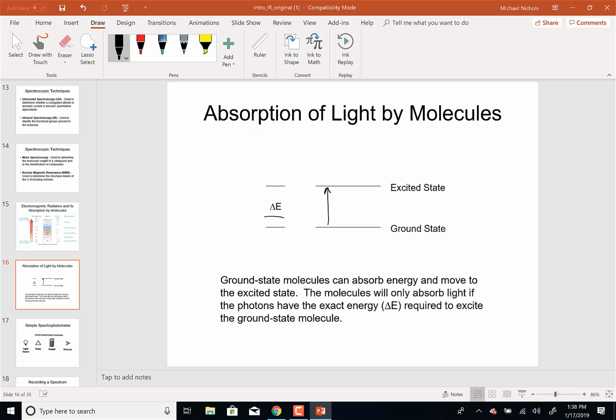And so if there's a difference in energy, remember energy equals h nu, where nu is the frequency. So if that energy is different, the frequency of light that causes that transition is different. And if the frequency of light is different, that means we can see a difference between those different frequencies or those different wavelengths.